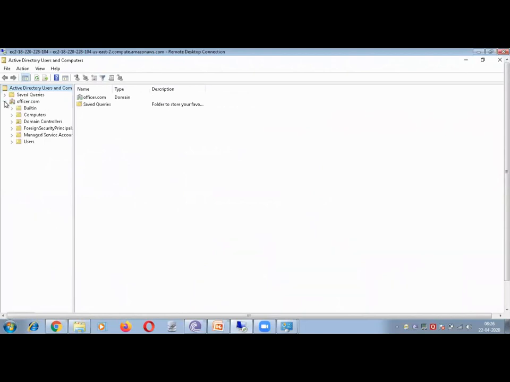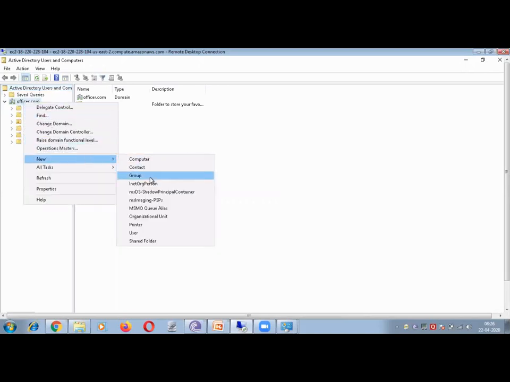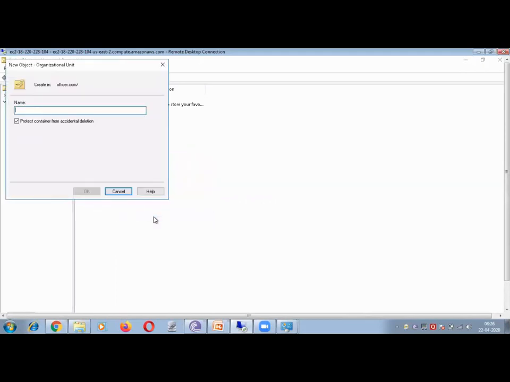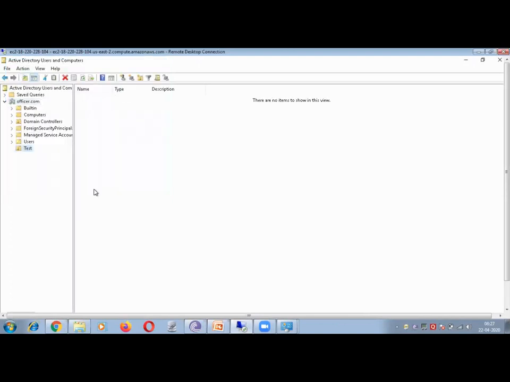Now right click and let's create an OU. Right click officer.com and say new OU. So it's a new object, and it's an Active Directory object. Create an OU, give it a name like test, and click OK.